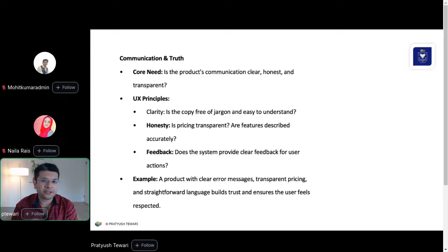Imagine yourself talking to a human. If you're talking to somebody, you don't want them to blank out and look into space, right? And still keep talking to you. So this subtle body language is very important in your product itself. A product with a clear error message, transparent pricing, and straightforward language builds trust and ensures that the user feels very respected.